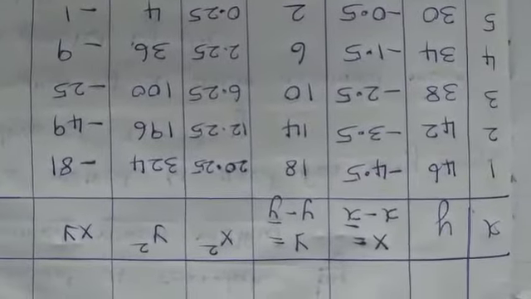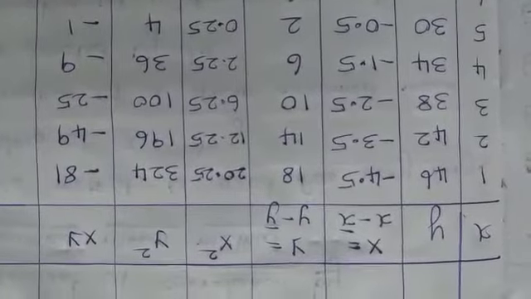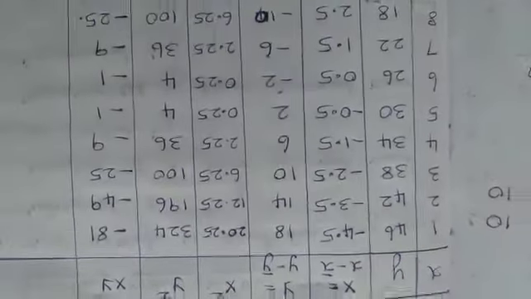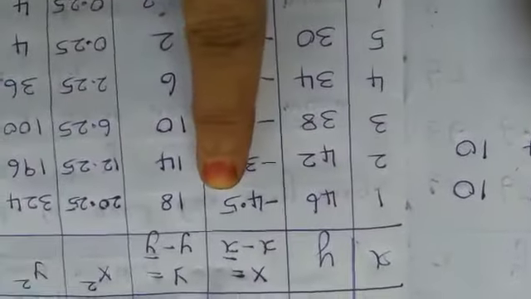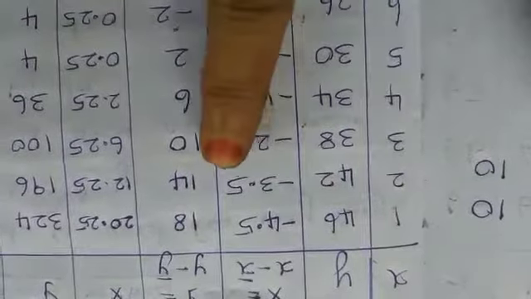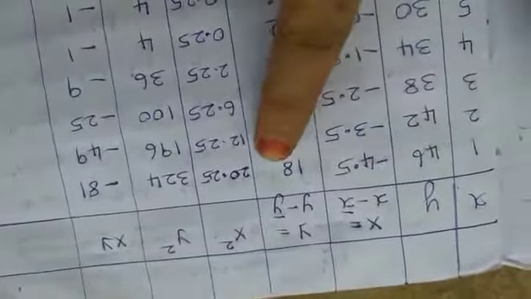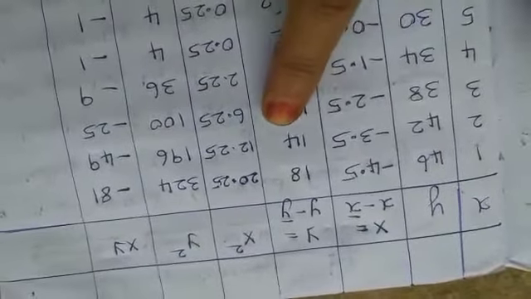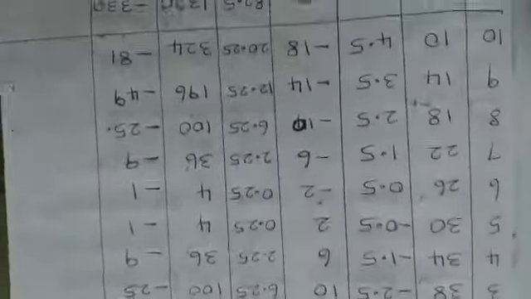Similarly, capital X is x minus x bar, capital Y is y minus y bar, x squared, xy. In the same way as the previous problem, I have found out the values of capital X and capital Y. Since x bar is 5.5, here you are getting 1 minus 5.5 is minus 4.5, 2 minus 5.5 is minus 3.5. Likewise, all the values you are getting. And y bar is 28, so you have 46 minus 28 is 18, 42 minus 28 is 14, 38 minus 28 is 10. Likewise, you are having the values of y.